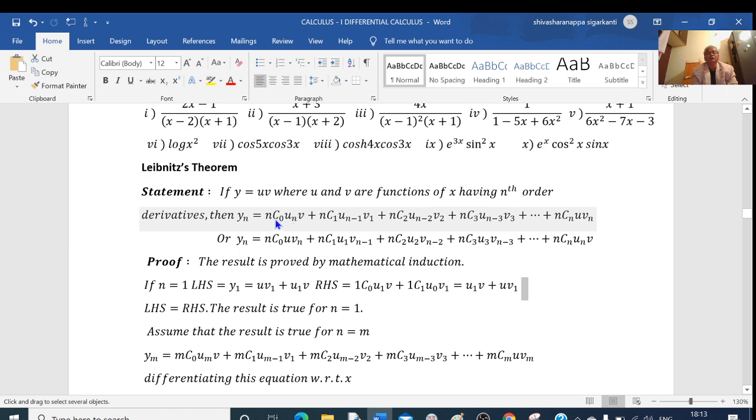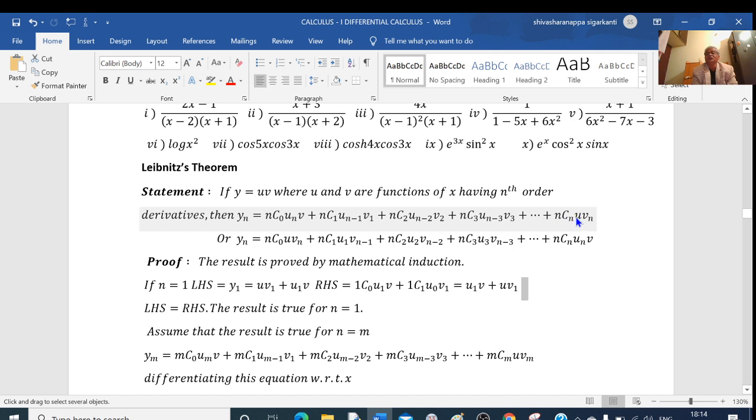nC0, that is equal to 1, u_n v plus u_n, means this is the nth derivative of u, into v, plus nC1, binomial coefficient nC1, u_{n-1}, n minus 1th derivative of u, into first derivative of v, plus nC2 u_{n-2} v_2, that is n minus second derivative of u and second derivative of v, plus nC3 u_{n-3} v_3, n minus third derivative of u and third derivative of v, plus